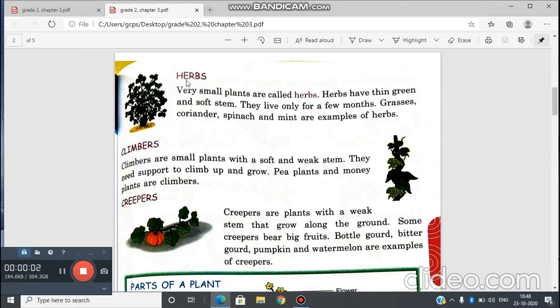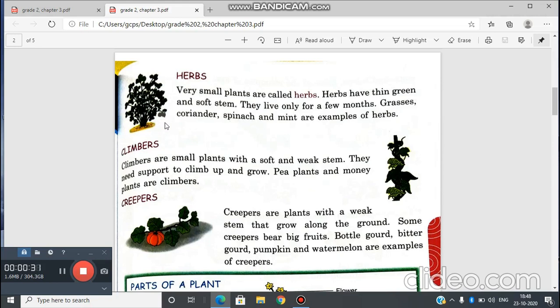Now we will read about herbs. Very small plants are called herbs. Herbs have thin green and soft stem. They live only for a few months. Grasses, coriander, spinach and mint are examples of herbs. Yes, learners, you can see here, these are herbs.